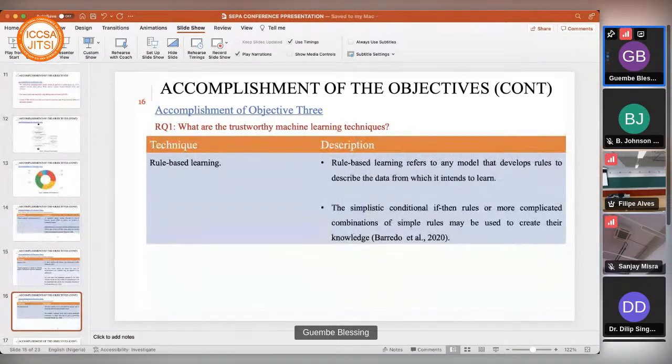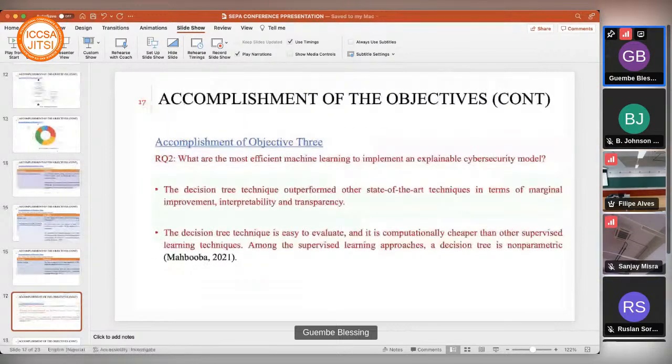Then Barido et al. 2020 also utilized the rule-based learning explainable AI technique. Rule-based learning refers to any model that develops rules to describe the data from which it intends to learn. Simple conditional if-then rules, or a more complicated combination of simple rules, may be used to create their knowledge. This ensures that cybersecurity practitioners are able to explain the decision logic of the model in terms of detecting